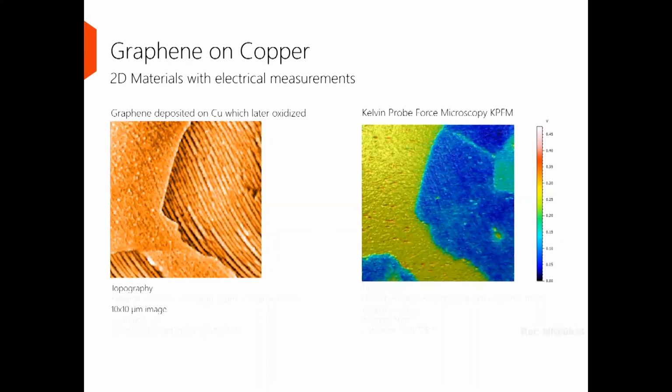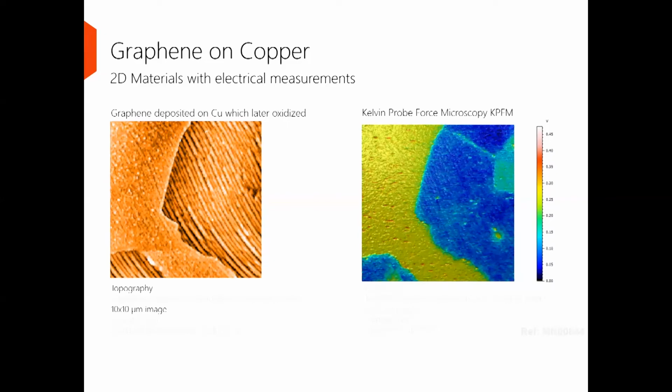We can look at graphene, where we've deposited graphene on copper. On the left-hand side, we can see the topography. Once we've deposited that graphene, we were able to oxidize off the graphene and then do a surface potential measurement, which we call Kelvin probe force microscopy. We can then measure not only the step height, but also see where we see differences in the resultant